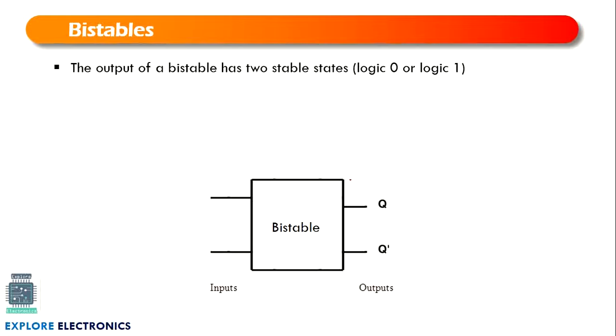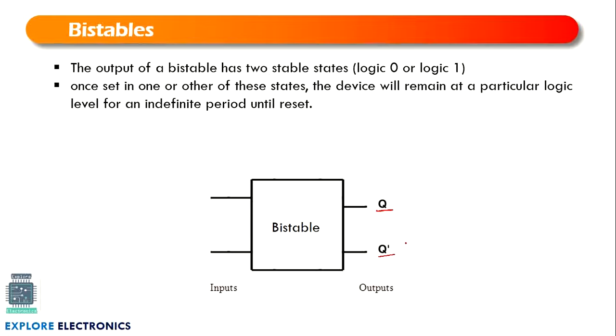In the block diagram, you can observe the outputs are Q and Q bar. Means there are 2 stable state outputs, and they are complementary to each other. Complementary means if Q is equal to 0, obviously Q bar should be 1. If Q is 1, Q bar becomes 0. There should not be the same values at Q and Q bar. That is the condition here.